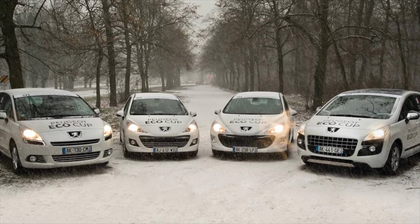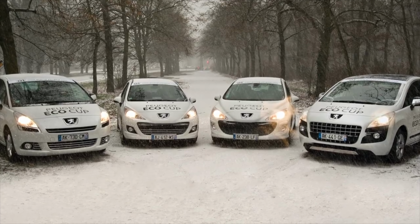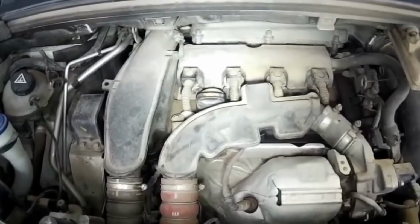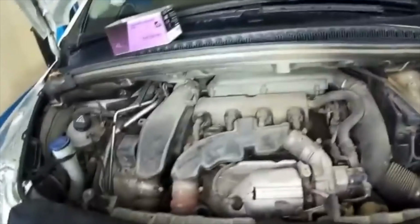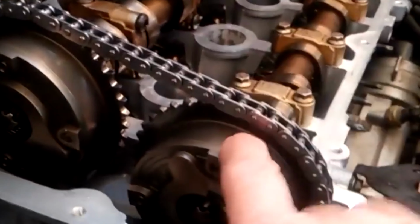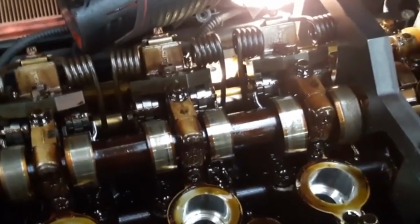Among them are Peugeot 207, 308, 3008, 5008, Citroën C3, DS3, C4 Picasso and C5, as well as Mini hatch. Early in production, the engine suffered from many faults. And even despite the modernization, a huge train of problems stretches behind the engine. Among them, a problematic timing drive is noted, oil channels quickly coke and an oil burn begins, a delicate and